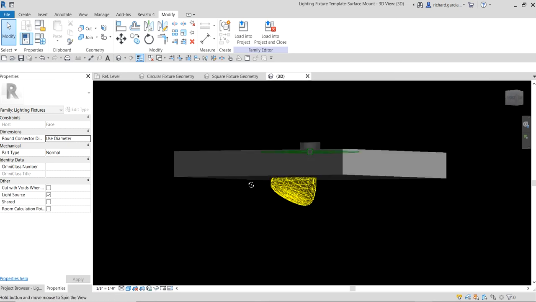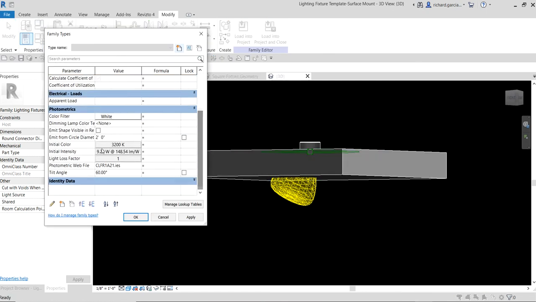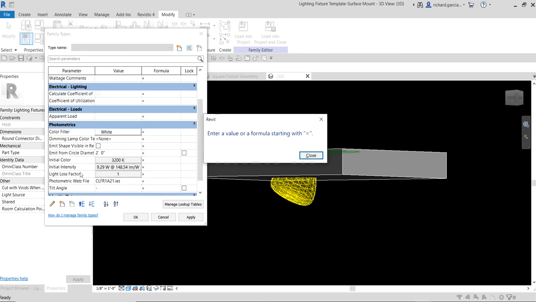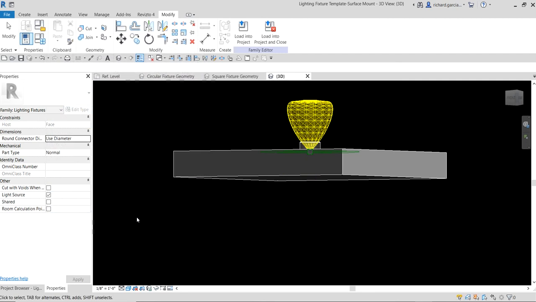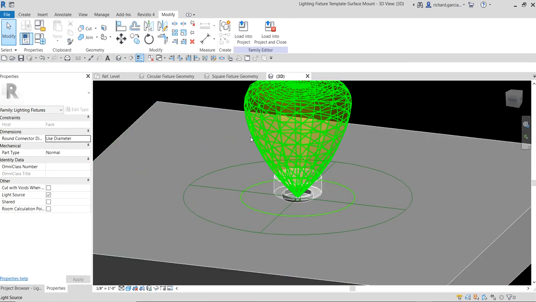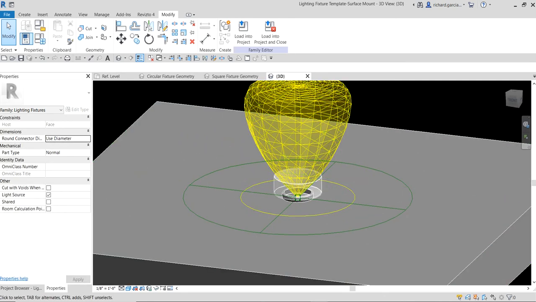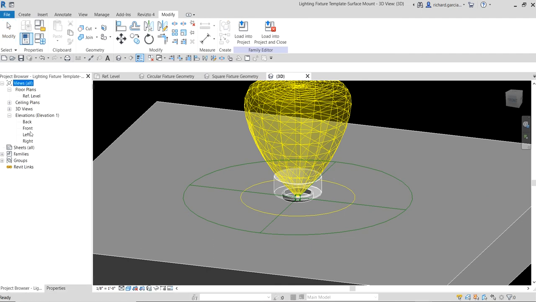Let's modify it. I'm going to select again the family types, and then the tilt angle. For the tilt angle, let me change that to minus 90 degrees. Sorry, minus 90 degrees. So that will be the tilt angle, and then I'm going to select OK. And there you have it. It's now correct. Now if we open the front elevation,